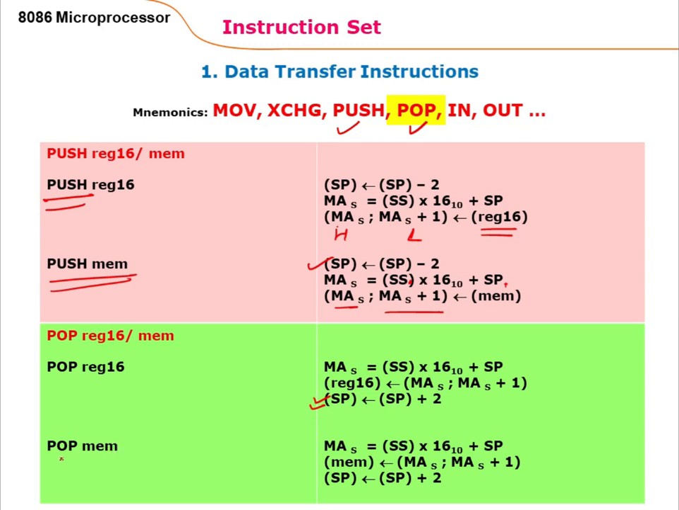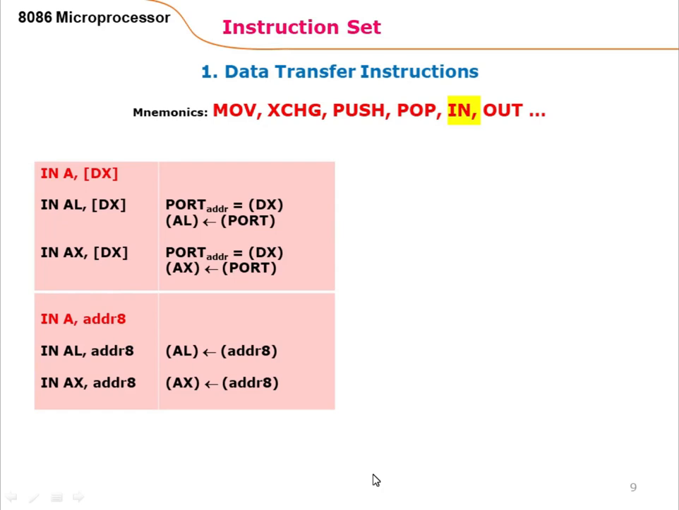The pop instruction on a memory location also works the same way. The data from the stack is copied to the given memory location, and the stack pointer is also incremented by 2. Now the next instructions are the in instruction and the out instruction. These two are used to handle data with a port. When we use an instruction like IN AL, DX,